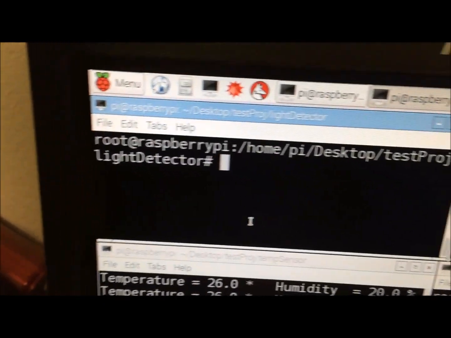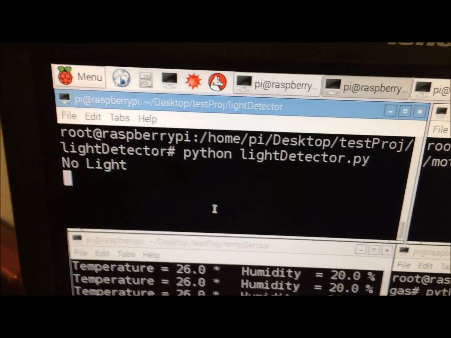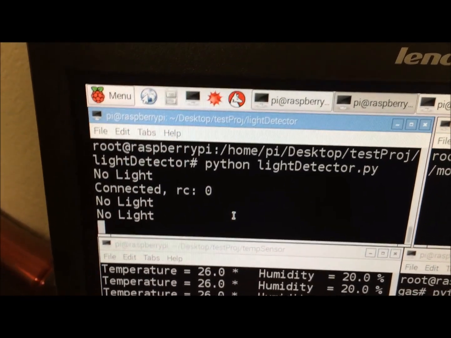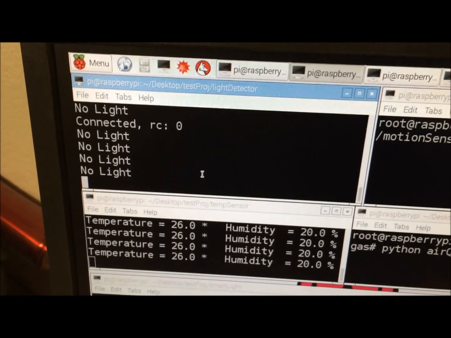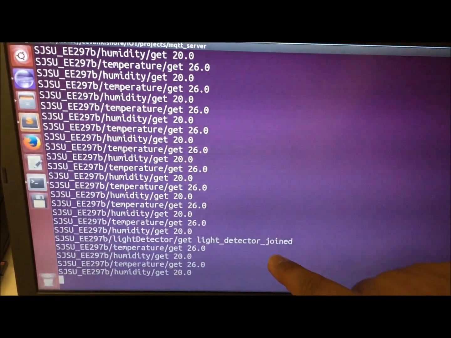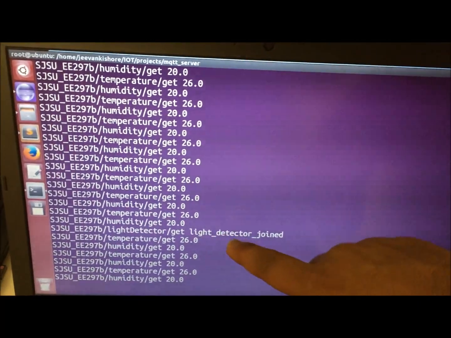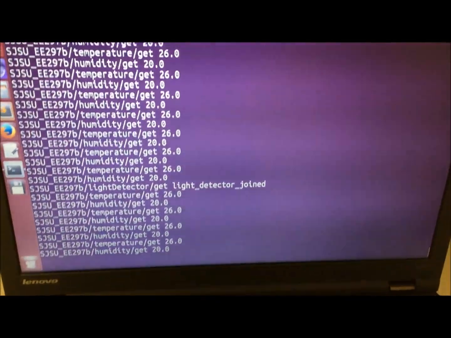So a light detector server will be running, which will be sending messages to the interoperable server. So we have an MQTT interoperable server running in the web. You can see that the light detector just now joined, and we'll be getting the light detector readings as and when they change. So now there is no light detected.